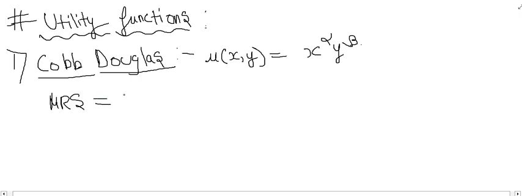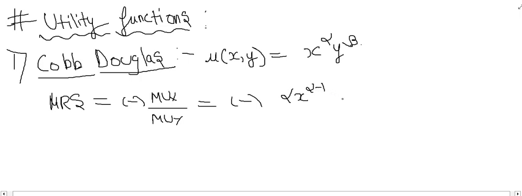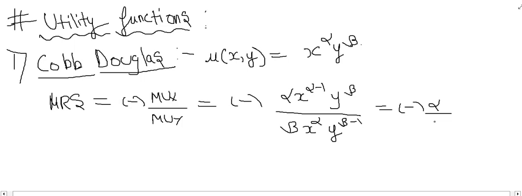We will study what is the MRS, then we will see the equilibrium conditions and the ICs, of course. So what's the MRS? We have proved earlier in the first class. If you haven't watched it yet, do watch it. The slope of the IC, that is the MRS, equals negative of MUX upon MUY. We use partial derivatives, and we would be getting alpha x to the power alpha minus 1 y as it is, whole upon beta x to the power alpha as it is, y to the power beta minus 1, and this equals negative of alpha upon beta,